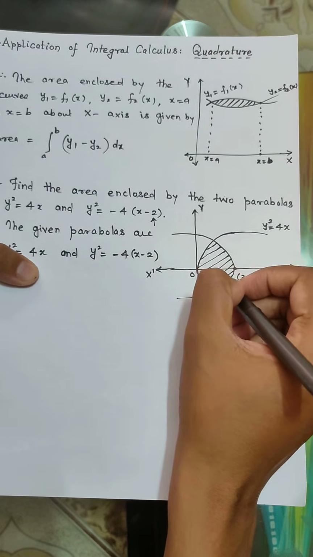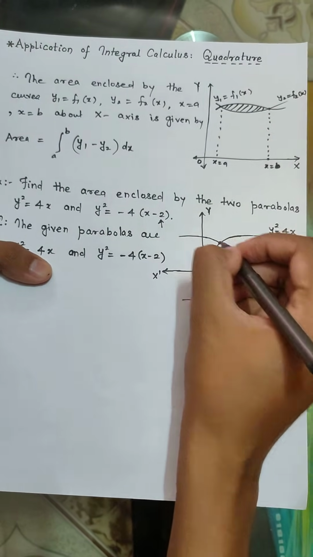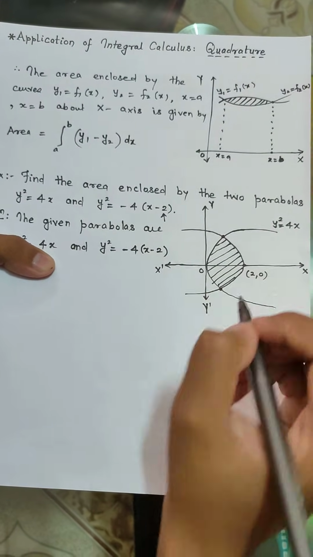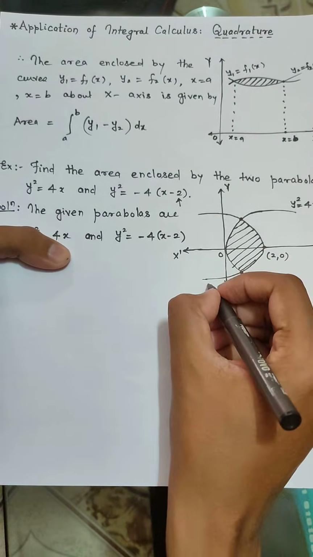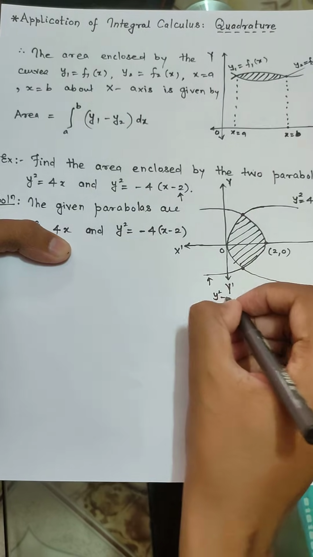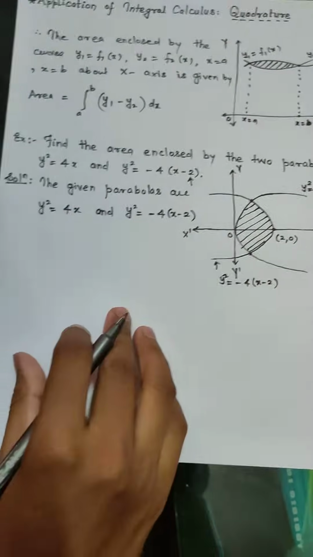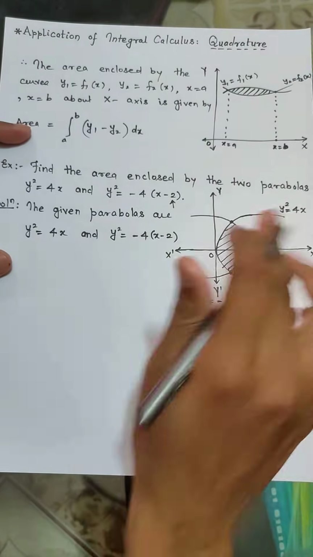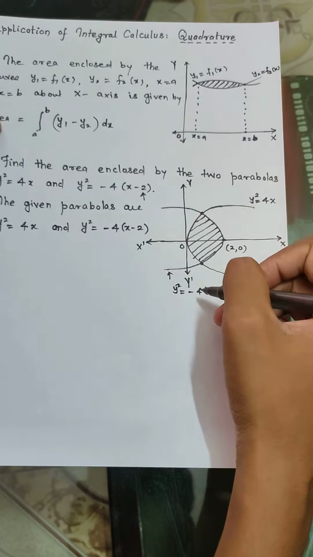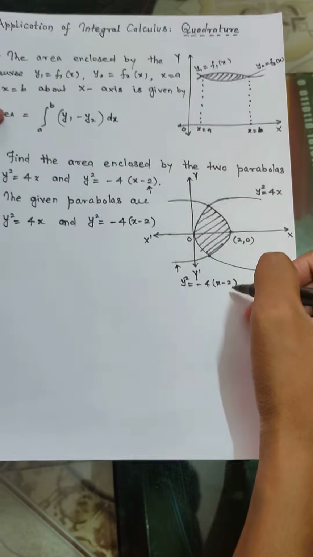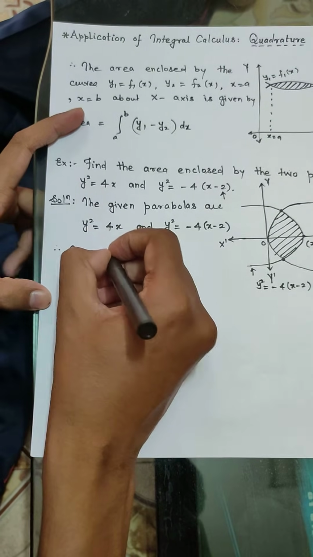Okay, so before finding out the area between these two curves, let us find out first of all the point of intersection between these two parabolas. So I will write its equation, that is y square is equal to minus 4(x minus 2). Now how to find out the point of intersection of two curves? Use one curve, put it in the equation of another curve. Okay, so you can write this as